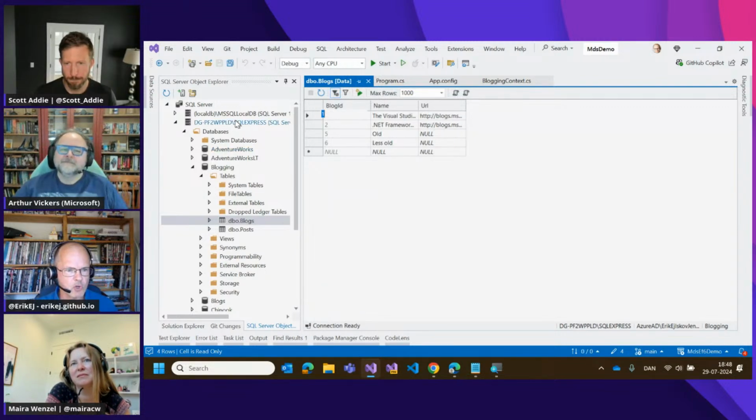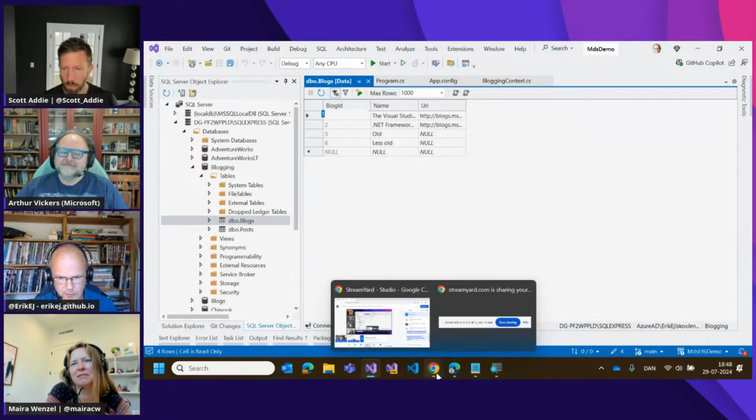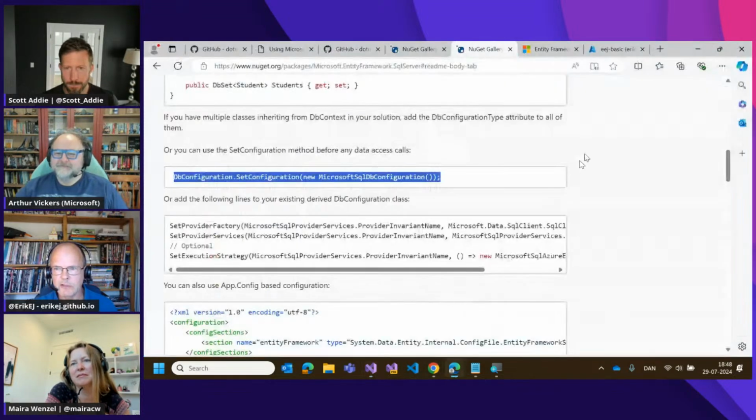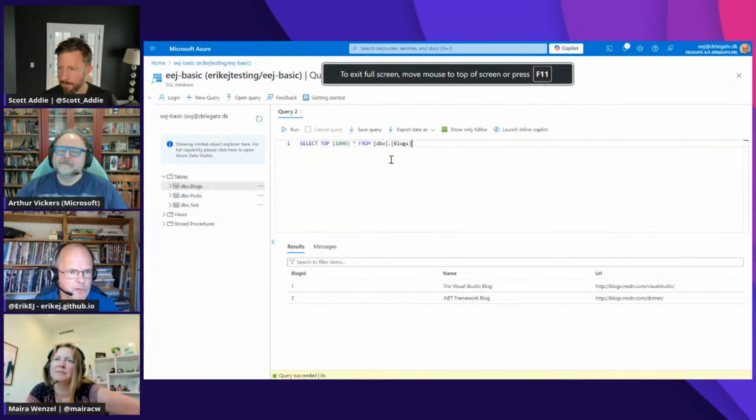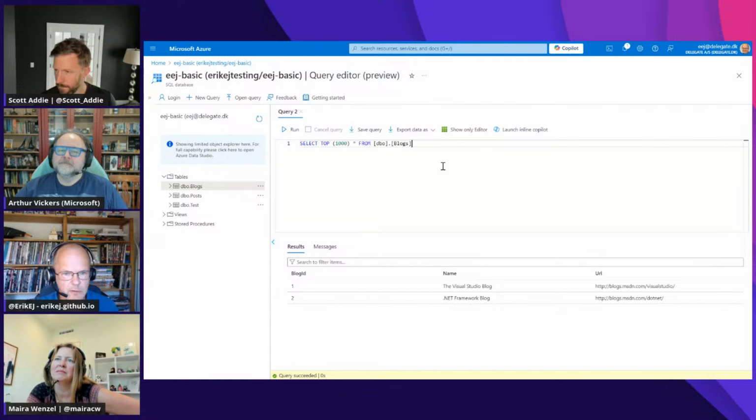I was hoping I could connect here to my Azure SQL database, but it's simply not high powered enough. But what I could do is connect to it in the portal, and there's a nice query editor there, in preview.